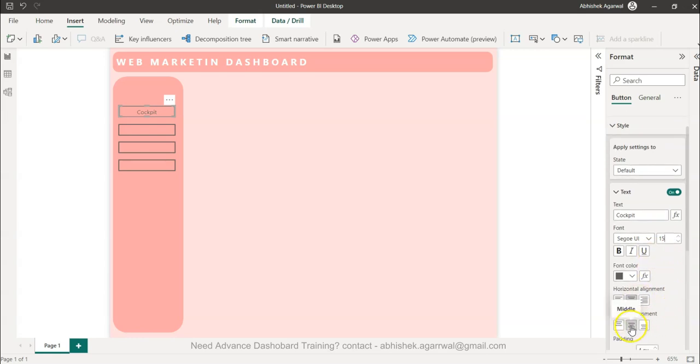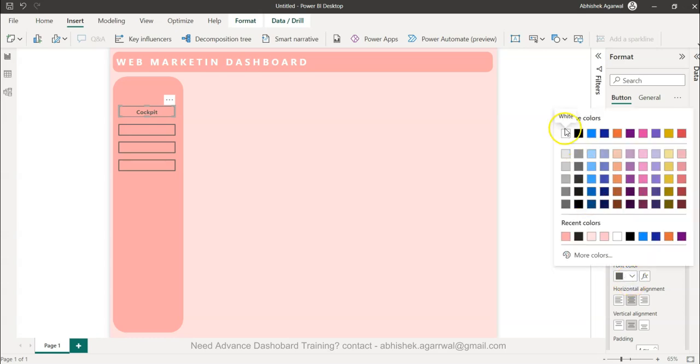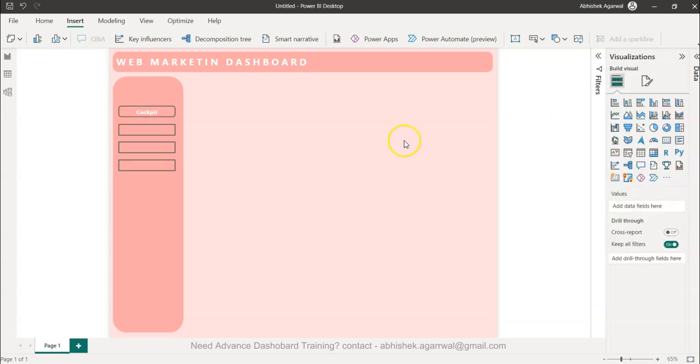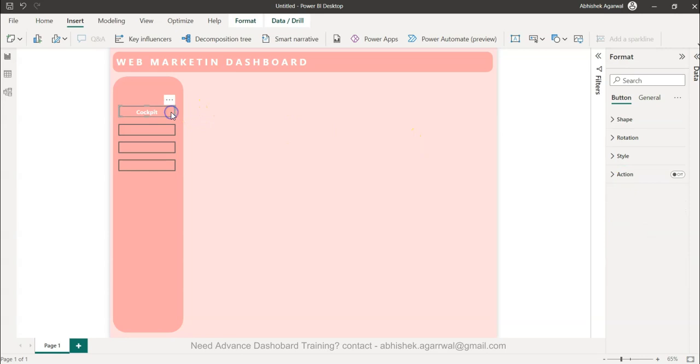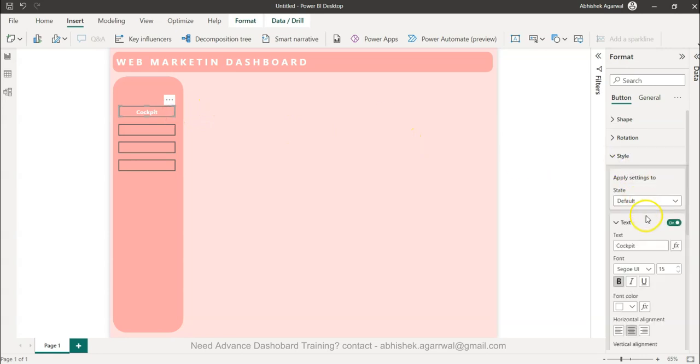Center, vertical alignment is also center. Yeah, I think there's not much space for vertical alignment. And once we have that, we will make it bold, but the color we are going to make is white. Okay, and in this case the style, the background color, I will